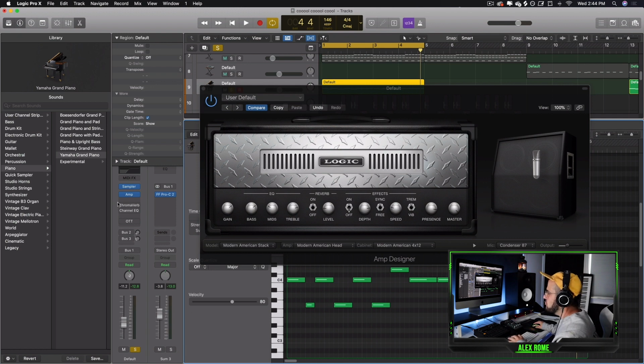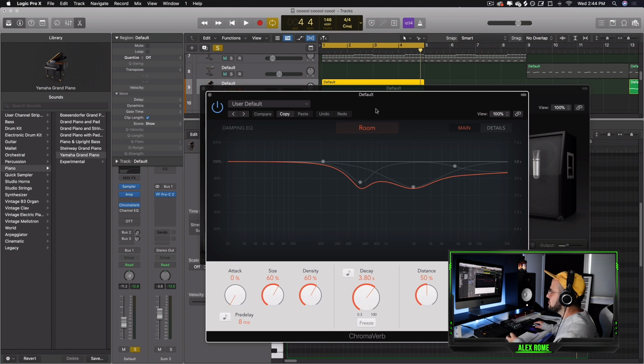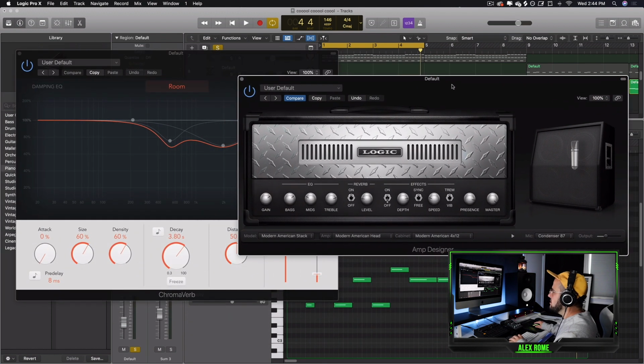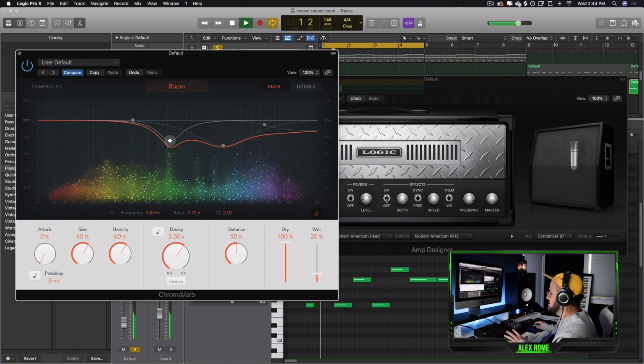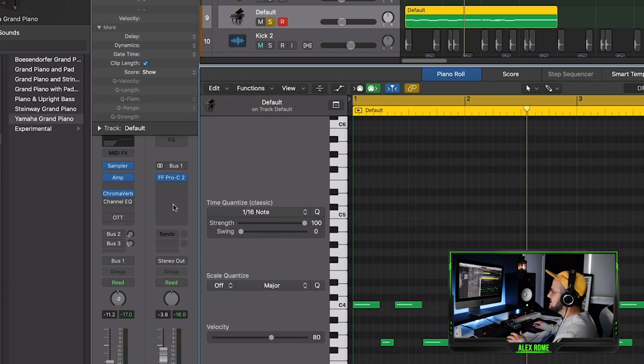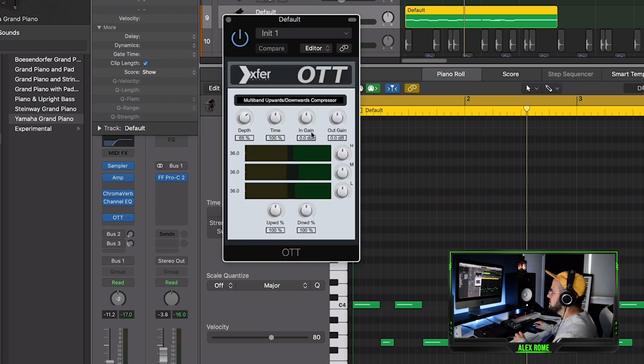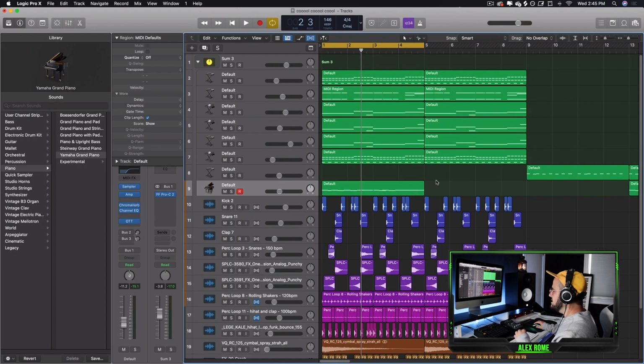It's super cool. And so then what I did is I just went into Chroma Reverb, which is the free reverb plugin built into Logic here, and I added 3 seconds of decay. And then the last thing I added was just OTT and some EQing, and OTT is a free plugin, and all I do is mess with this knob on OTT. I don't really know what anything else does, but I never really cared. So then what I did, after listening to it,